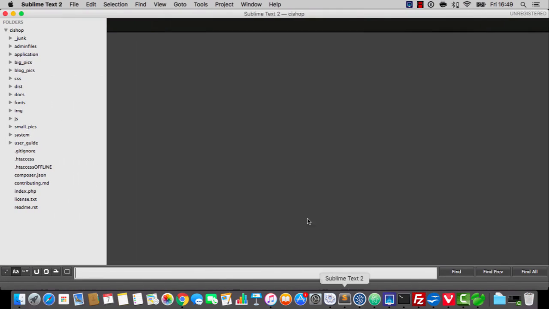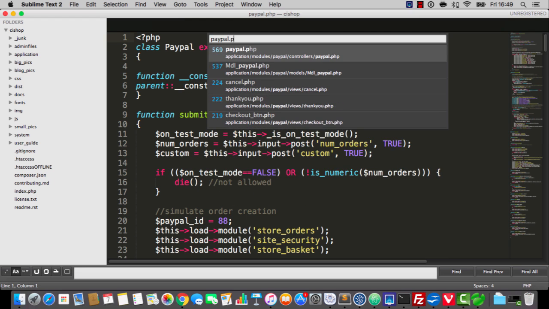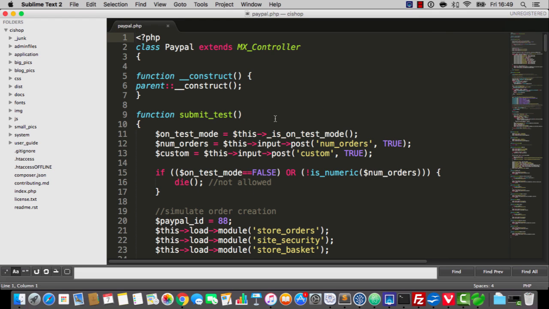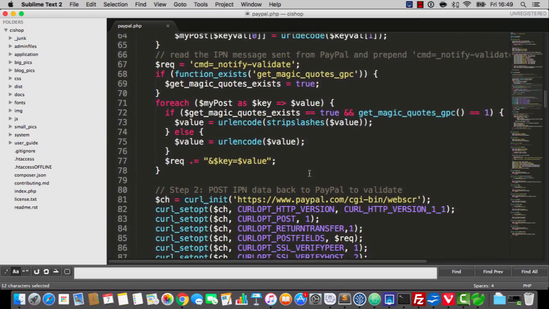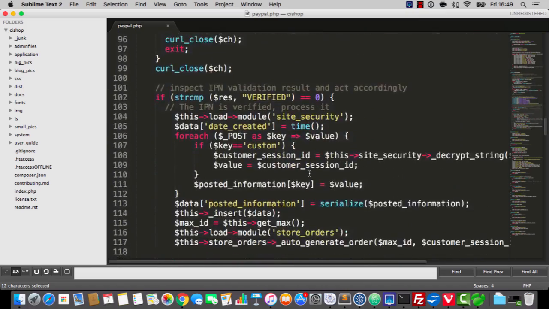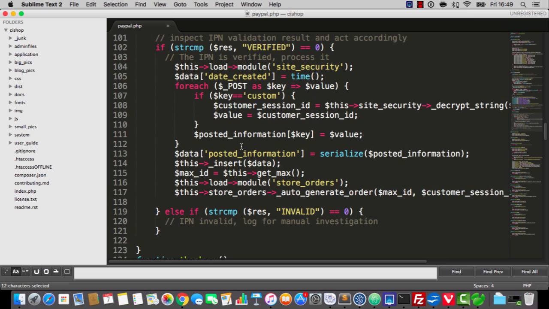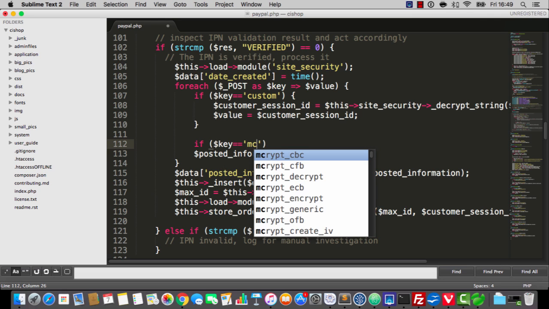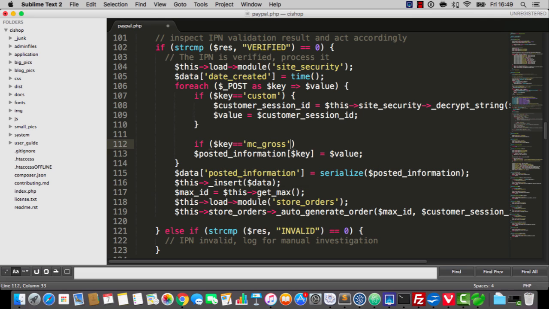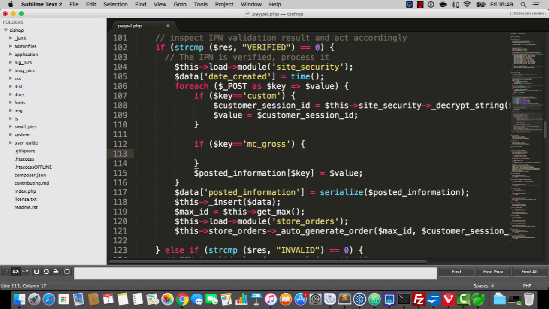So here we go. Let's open up the PayPal IPN, and we'll go to the IPN listener. Here it is. As we loop through this stuff, you'll see a bit that says if key is custom, then do some stuff. I'm going to add another if here. I'm going to say if key is equivalent to MC gross. Remember, that's that very important variable. It represents the total amount that came in. And if that's the case, I'm going to say